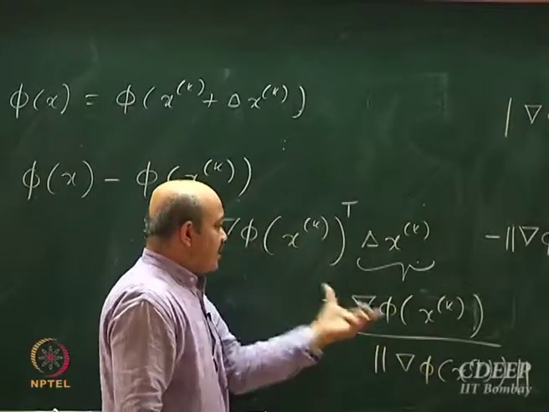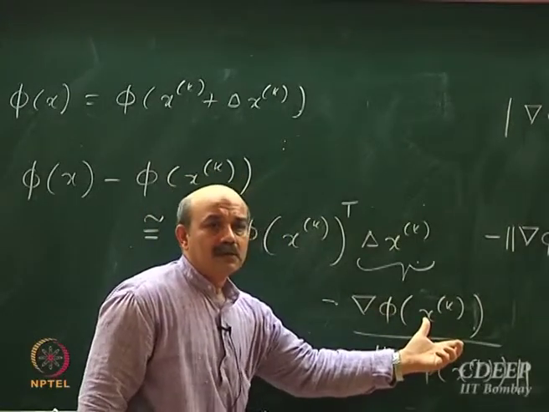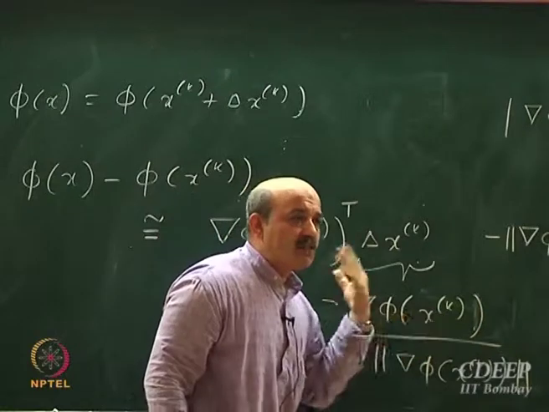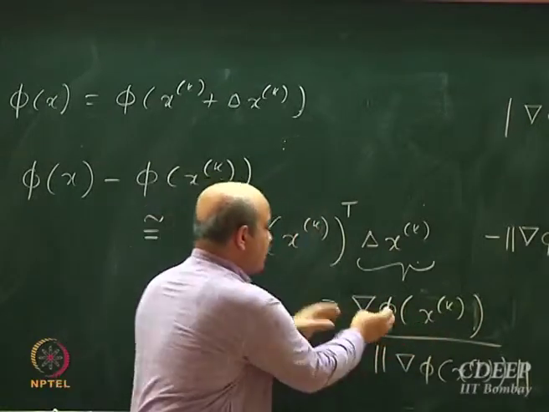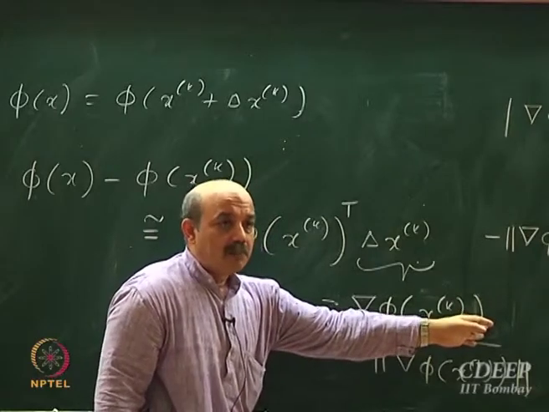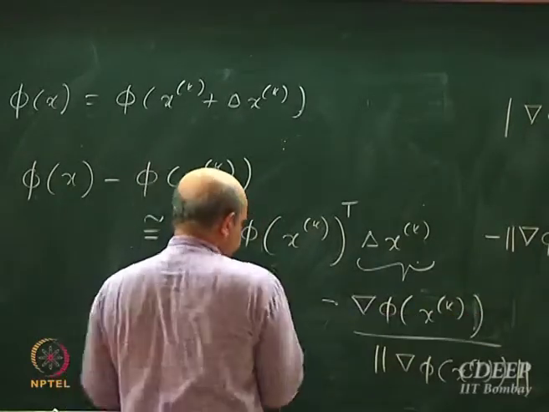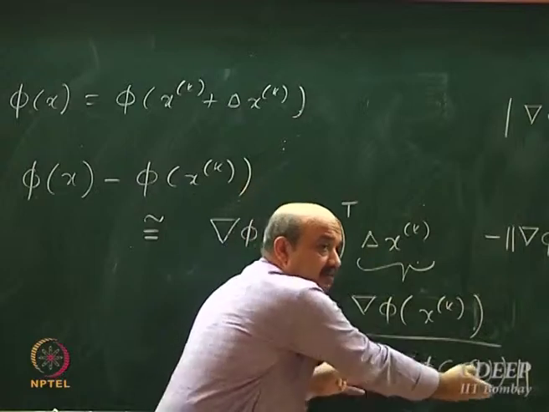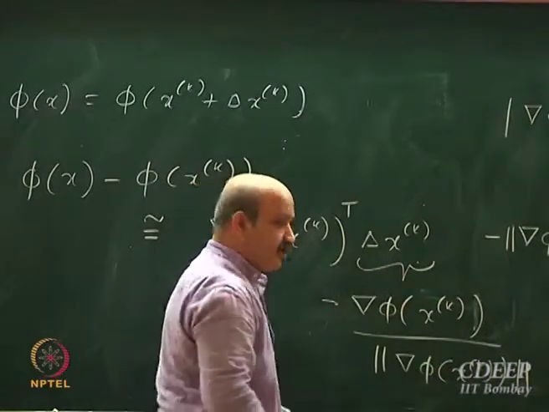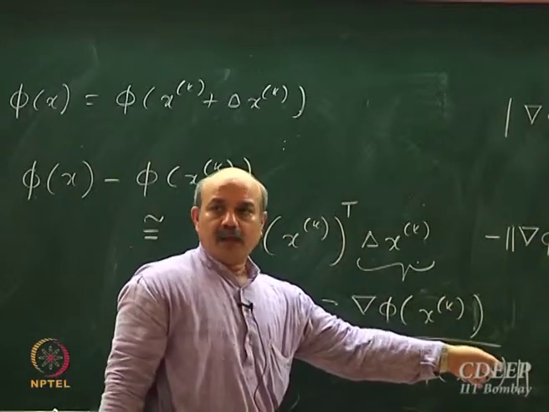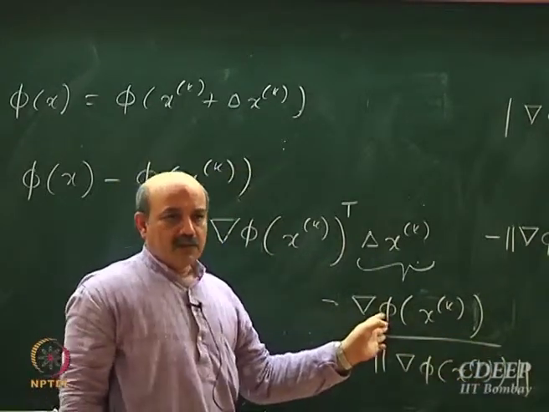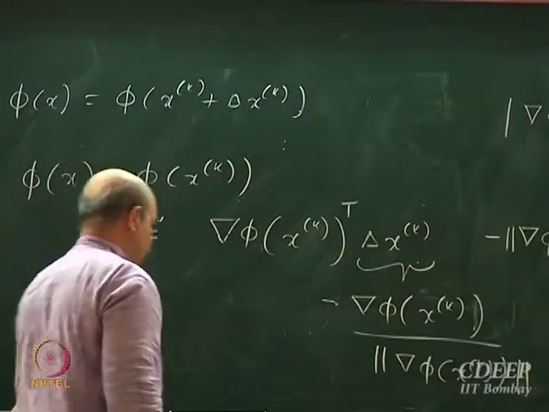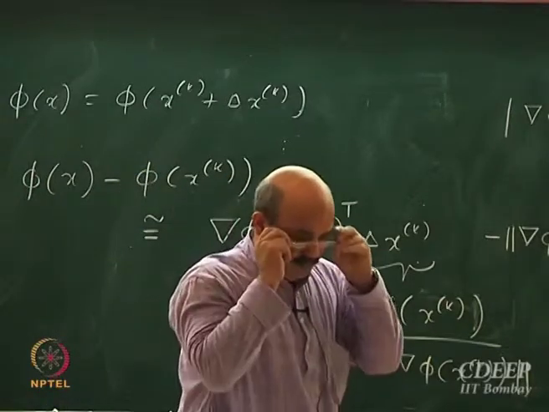Okay, what will be this transpose this? The inner product of a vector with itself is the square of the norm, right? So if you take the inner product of this with this, you will get the square of this divided by this, you will get negative minus of. Is everyone with me on this? Is this clear? You move in the negative of the gradient direction, the function will locally decrease at the maximum rate. Okay. So that's going to be my algorithm.